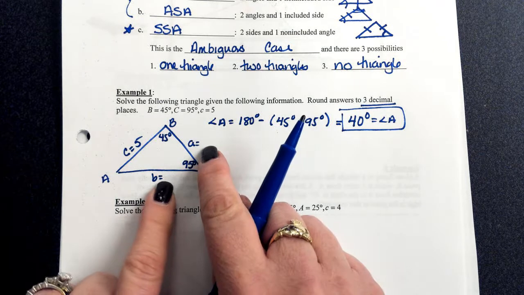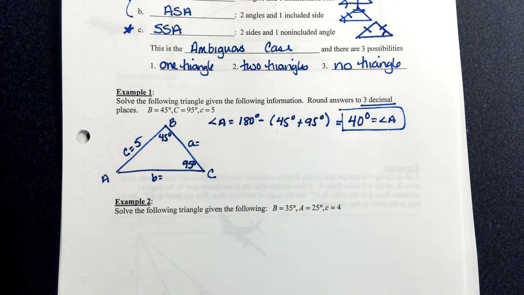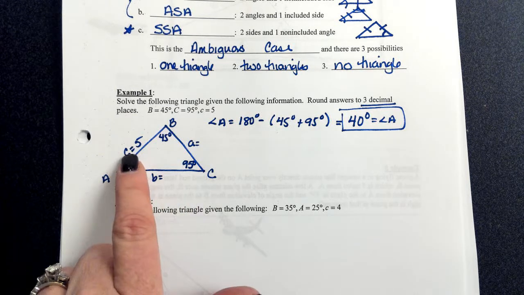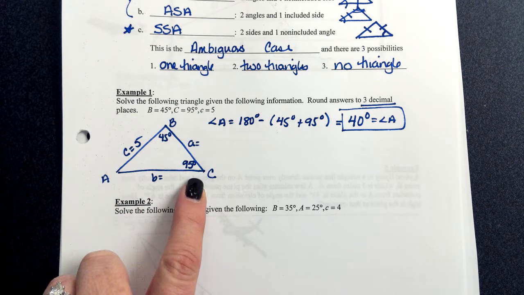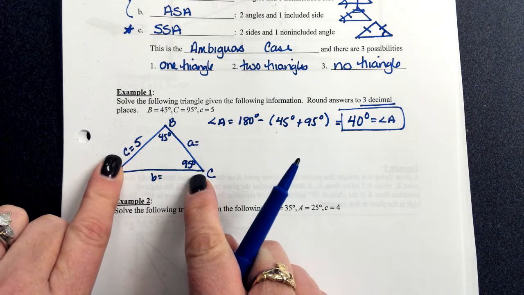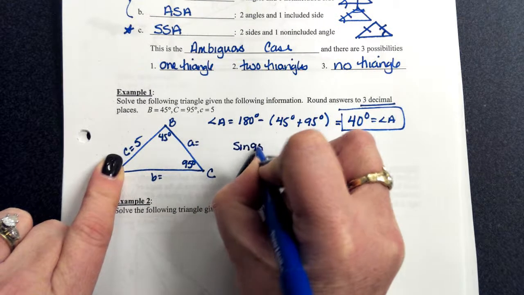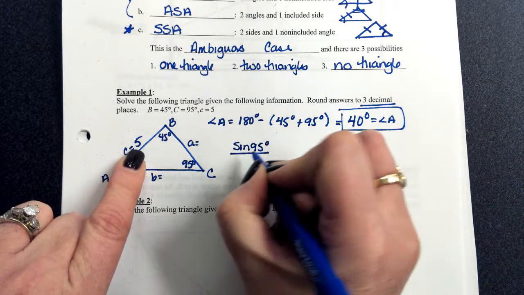Any questions on how I solve for angle A? Now this leaves me side A and side B that I can solve for. In order to use the law of sines, you've got to know an angle and a side opposite that angle. When you're setting up your fractions for law of sines, you always have to use a side and an angle opposite that side, and you always want to use given information as much as possible. So I'm going to use the sine of C over C. I'm going to take the sine of 95 degrees over side C, which is 5,